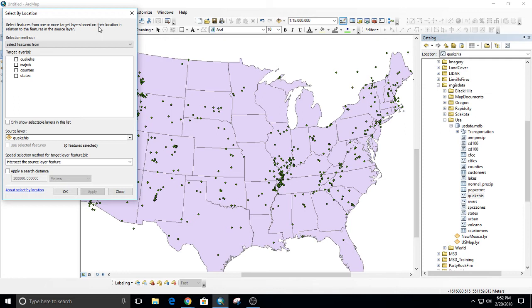You read the top paragraph. We're going to select features from one or more target layers. The target layer is what you want to select from based on their location in relation to features in the source layer. So if I asked you how many of these earthquakes in this layer fall within one of these states, you could select from the quake history layer